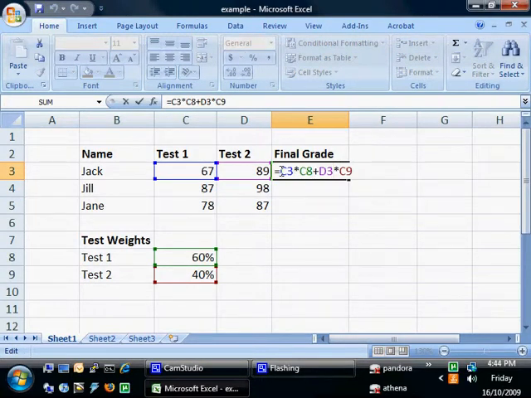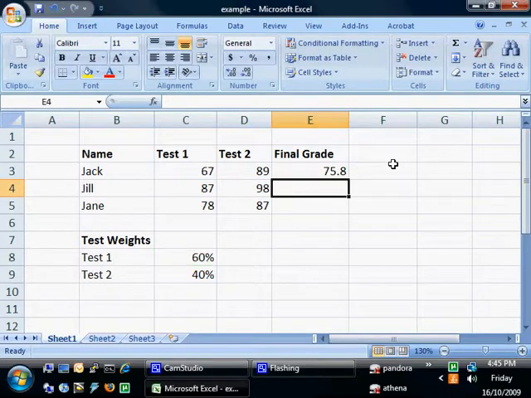The order of operations worked out for us this way, but if you ever want to be safe, you can always use things like brackets to make sure that certain operations are done before others. So let's put in some brackets to make it a little bit cleaner, and we get the same final grade. Now, if you recall from a previous demonstration, you can drag this